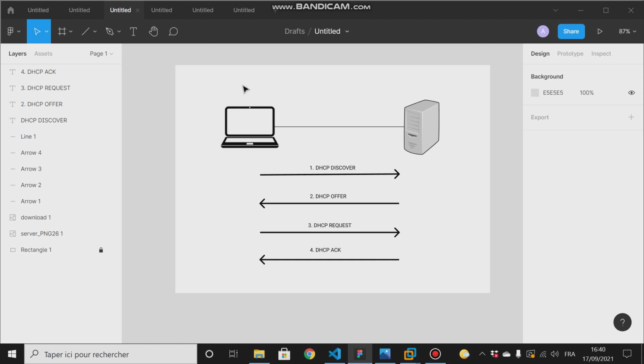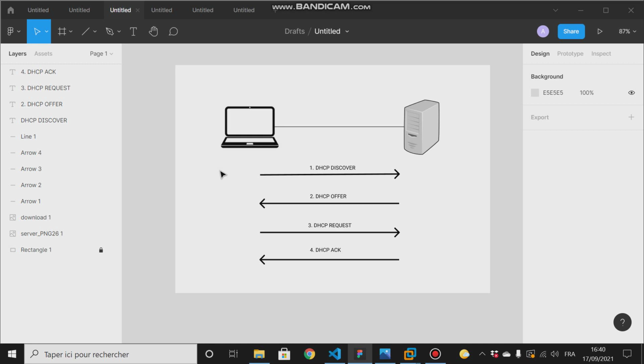Then the client will say to the DHCP server, okay, give me that IP address, please. Then the DHCP server will give him that IP address, and once it assigns that client that IP address,